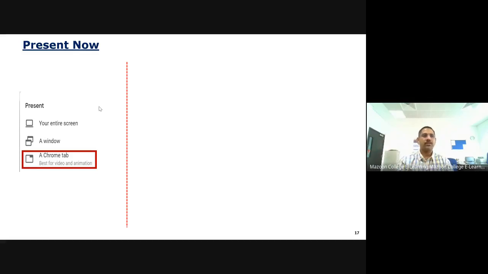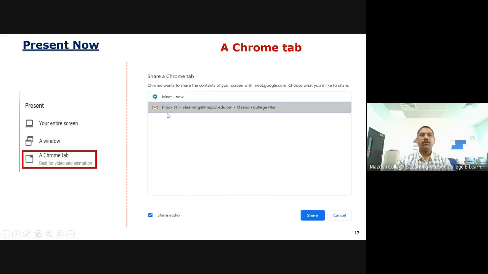Just go to Google Chrome and press Present now. Here I opened only two tabs in my Google Chrome: one is Meet, another one is a new tab. So only your Chrome tab is displayed.